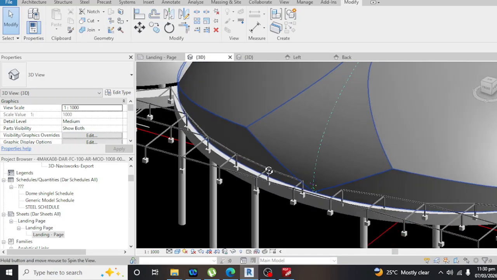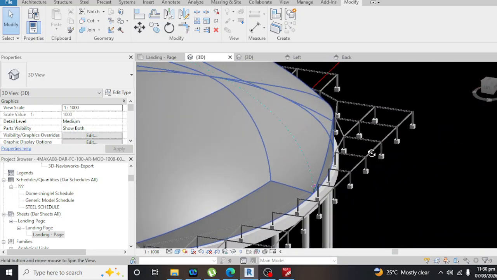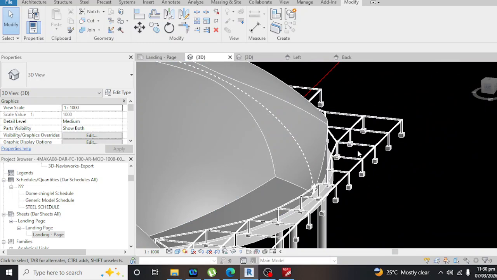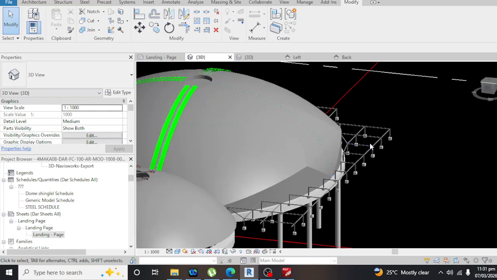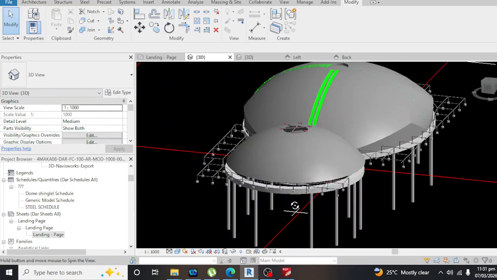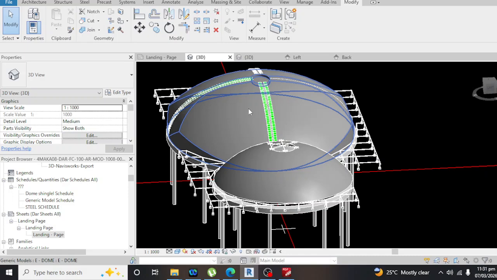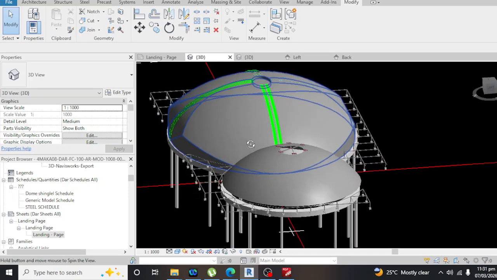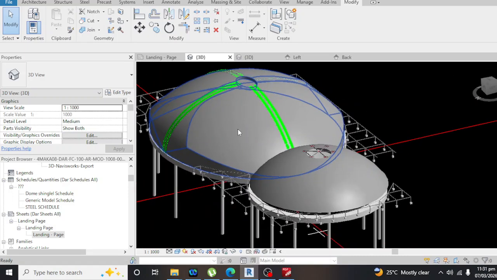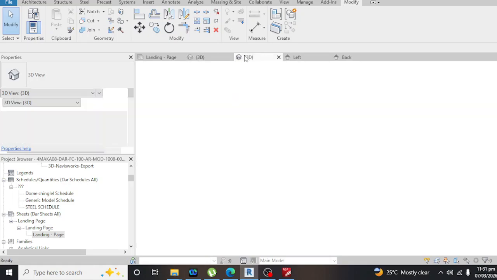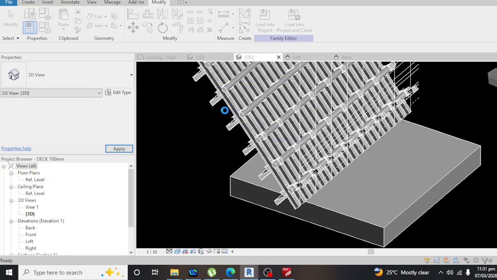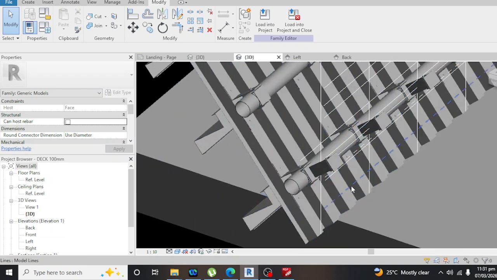You can make your project a full Revit. Also, we can make the shop drawing, the fabrication drawing, for your project in Revit. Also, if you want to be detailed on the project, this is the same detail on that project.